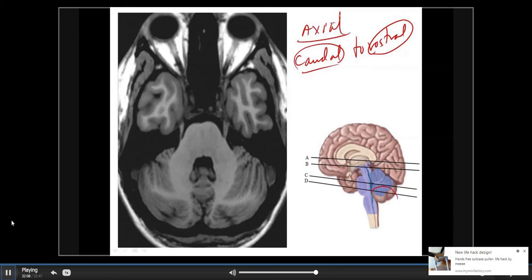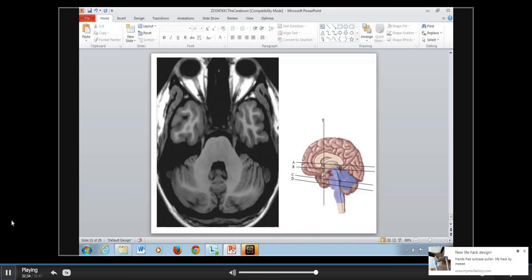And how do you determine that? You can see part of the pons right about here, and you can definitely map it out here. The big giveaway is the parts of the temporal lobe that are being demonstrated there. And folks, that concludes my discussion on the cerebrum, and I will continue this with a video on the